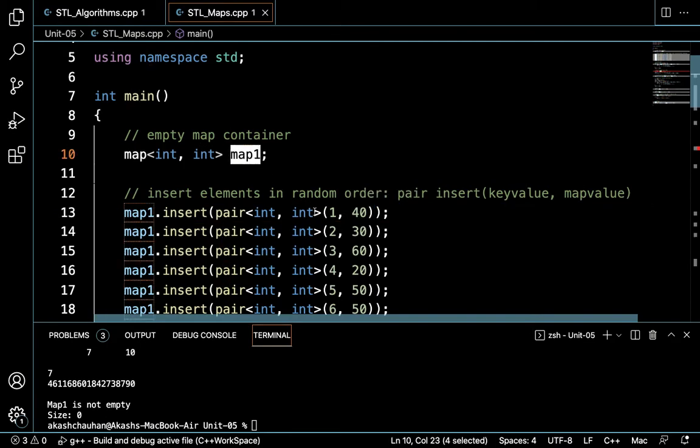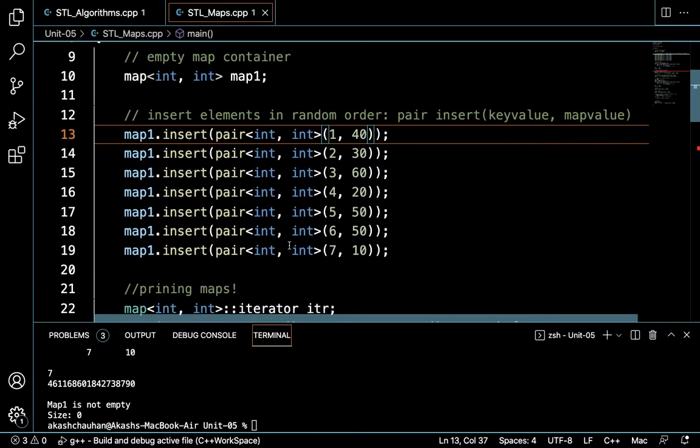So in map 1, if you find 1, it will return 40. The key would be 1 and the value associated with the key would be 40. We have inserted 7 keys, 1 2 3 4 5 6 7, and according to these keys we have stored different values, because map stores key and value in an associative manner.